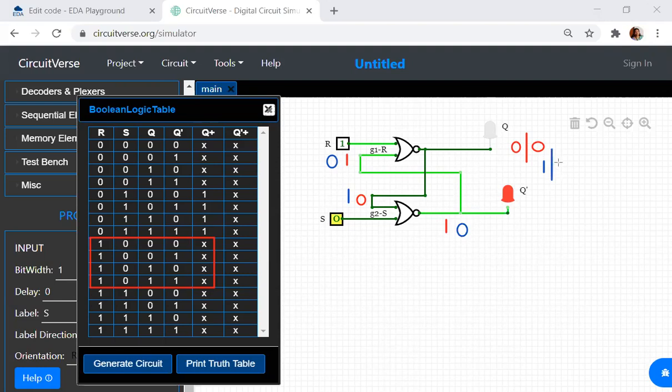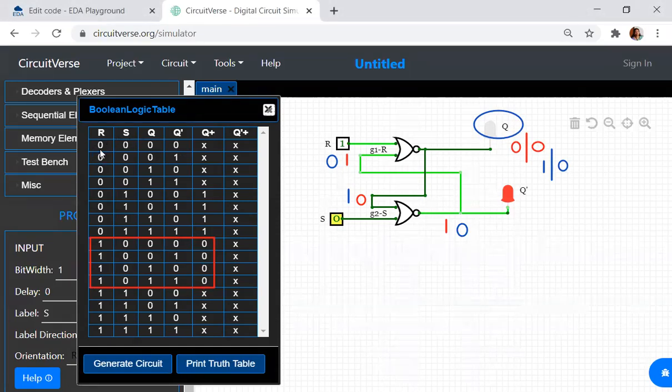Still it will be equal to 0. So what does that mean? Whatever may be a combination of Q, Q can take either the value of 0 or 1. If R is 1 and S is 0, what will happen to the output? In both the cases you can see the output is still 0.